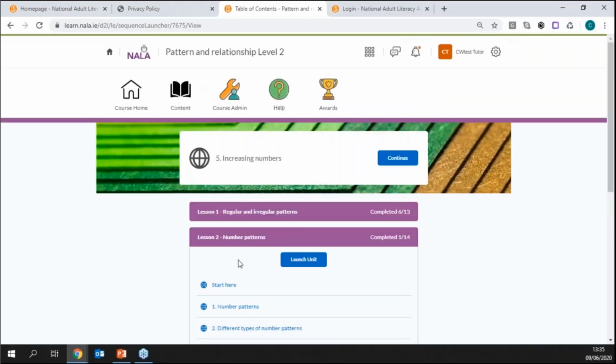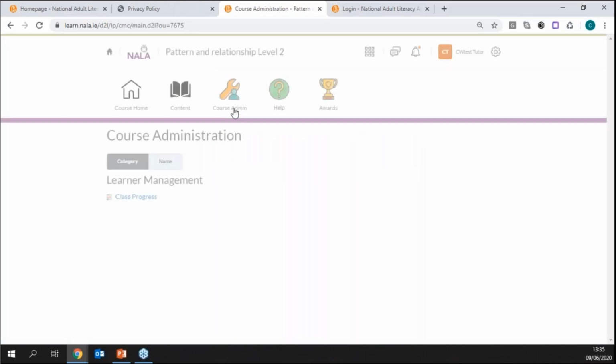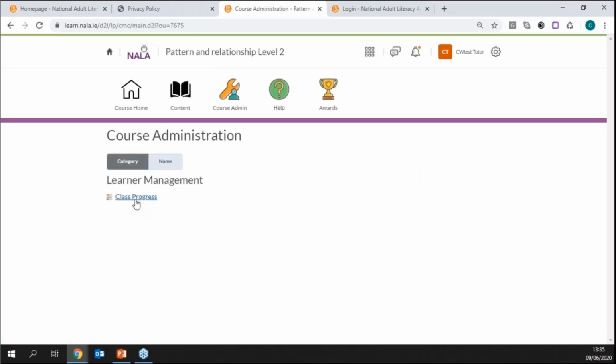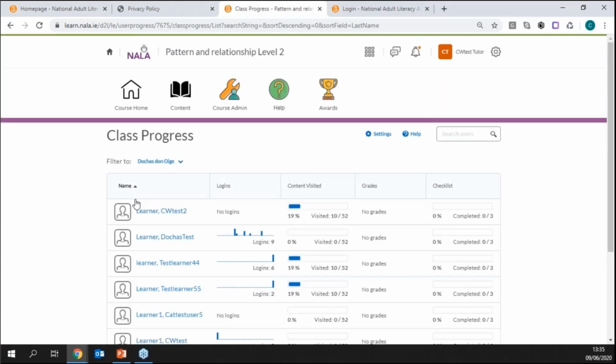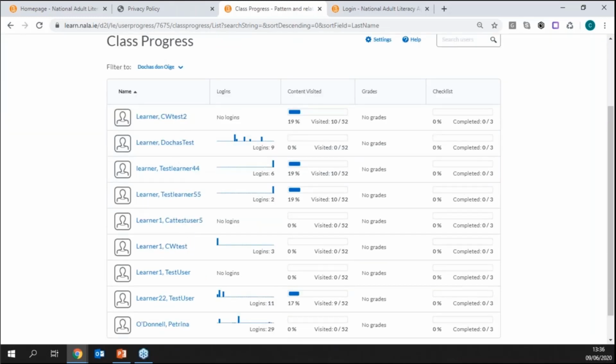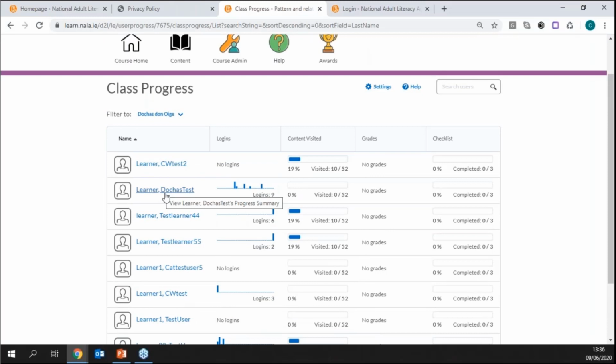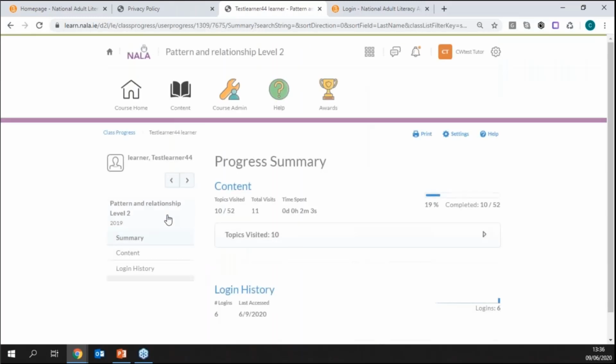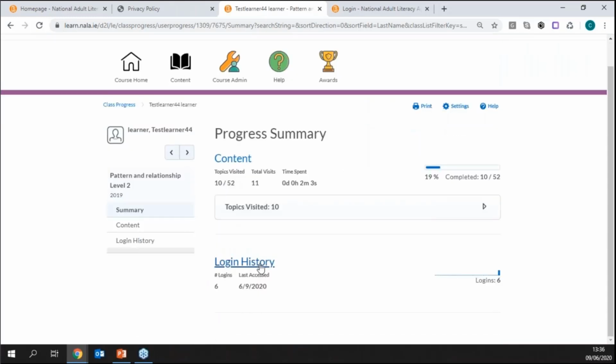The other thing that you can do as a tutor is you can click on Course Admin, then Class Progress, and you can get the progress of learners who are enrolled in that particular course. So here I can see my list of learners, and I can click on one of these, and I can see, for example, their login history. I can also look at content that they might have visited. So, for example, if I click on the arrow here,